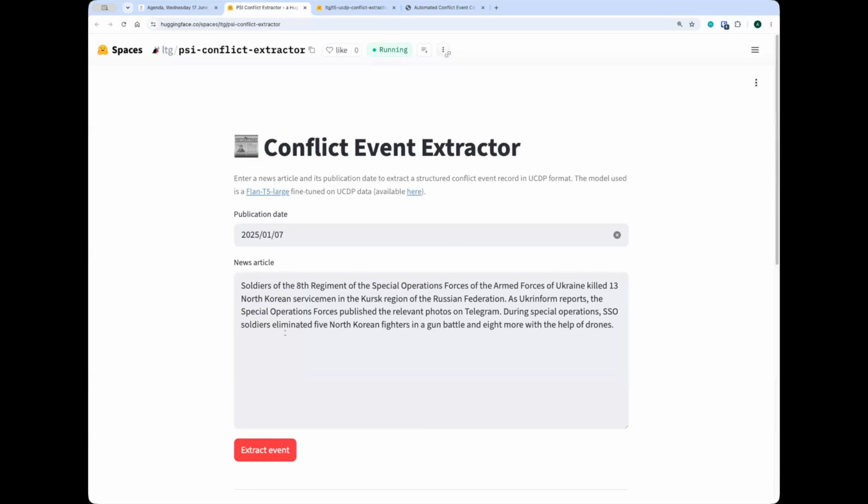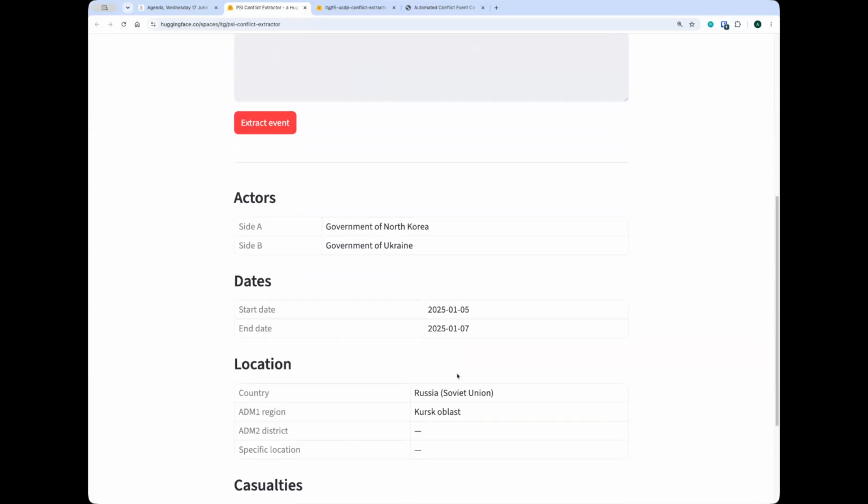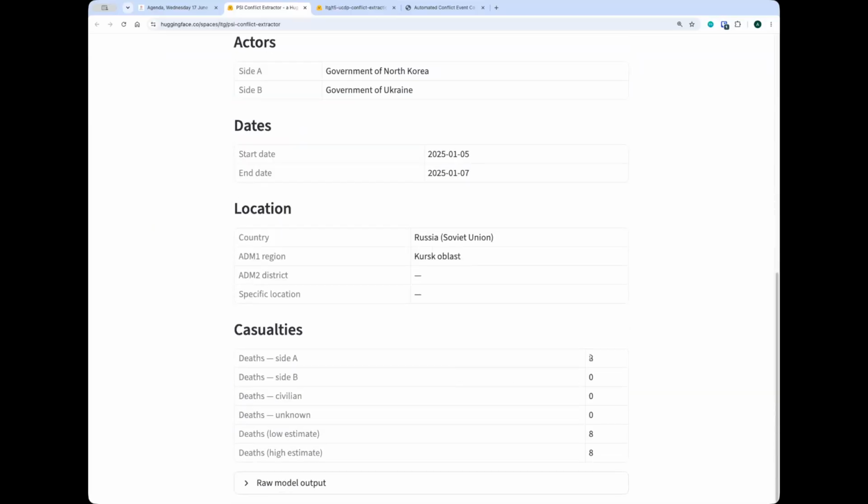And here we can see that it has incorrectly assigned North Korea as side A. So in this case, the UCDP would note that the incident involved North Korea as the secondary warring party, whereas side A should definitely have been Russia in the Russian-Ukrainian conflict. And it also undercounted the number of deaths.